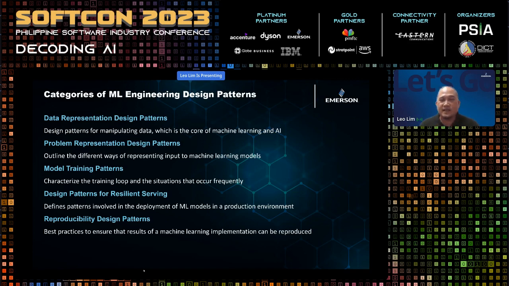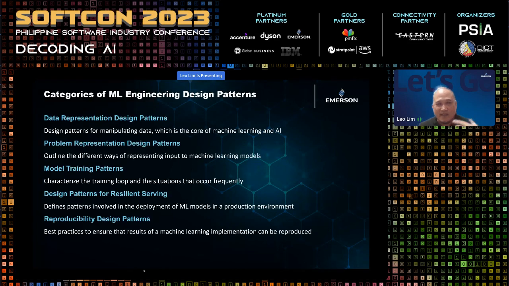A good example that comes to mind is, for instance, when we apply predictive maintenance type of machine learning for a power plant, you don't just feed your models all the data. That's the data representation part, right? But you also need to understand the problem domain, because the plant, a power plant in this case, operates at different power levels, right? It could be operating at 30%, 50%, 70%.